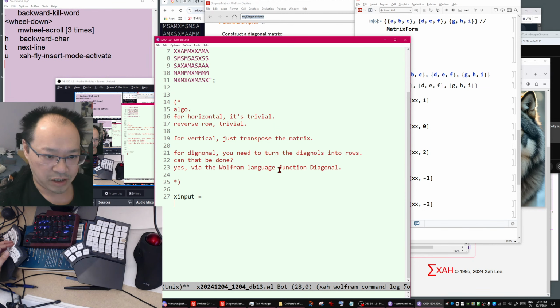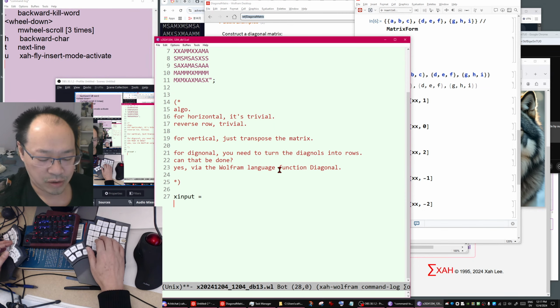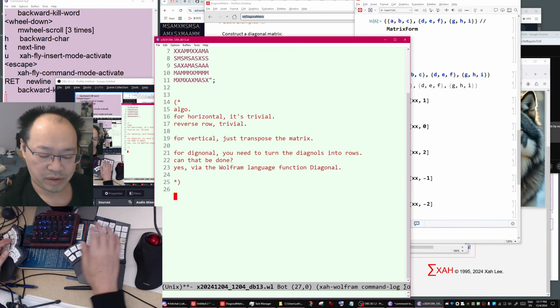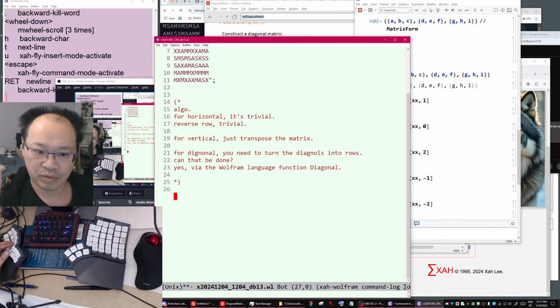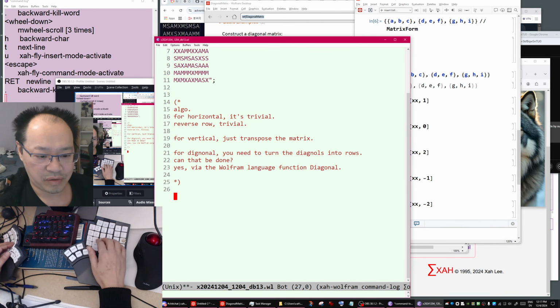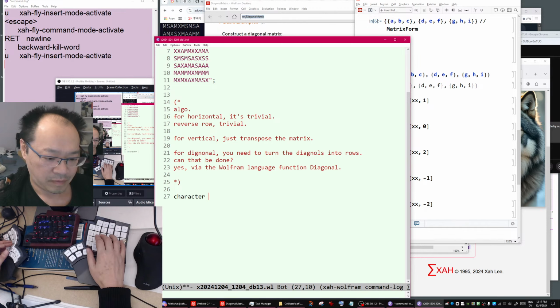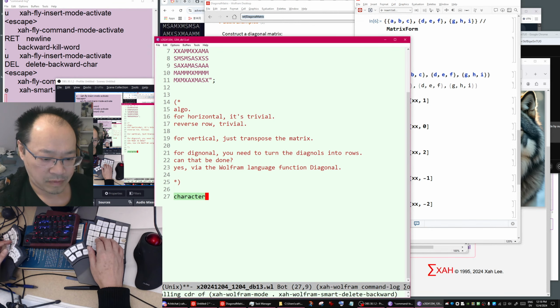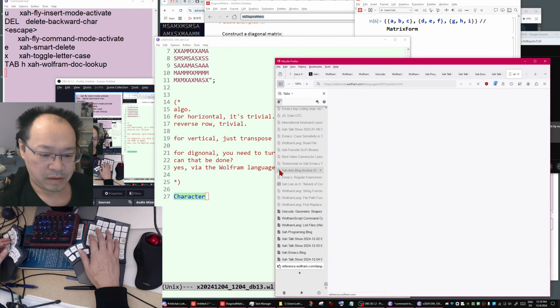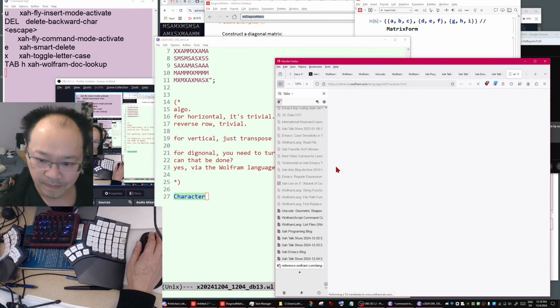You want to check each row. So for each row, first of all, you need to turn this into a matrix. Let me show you how to do that.